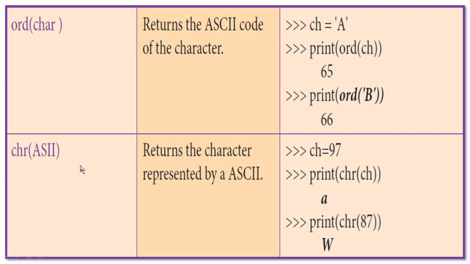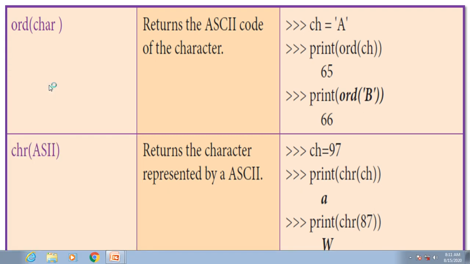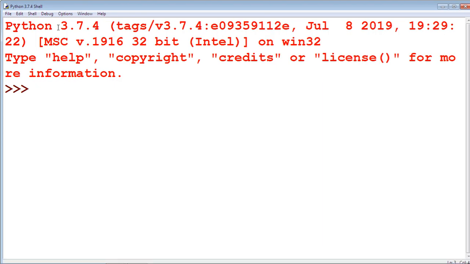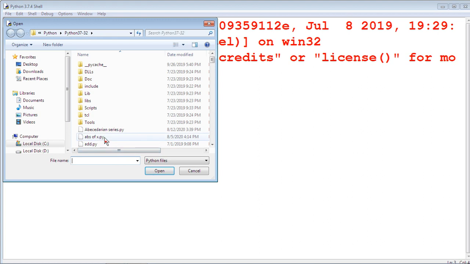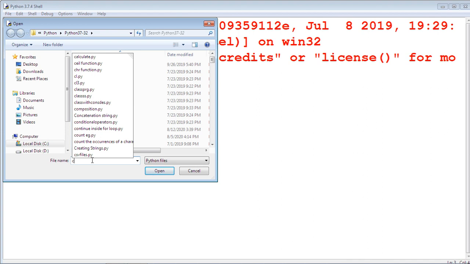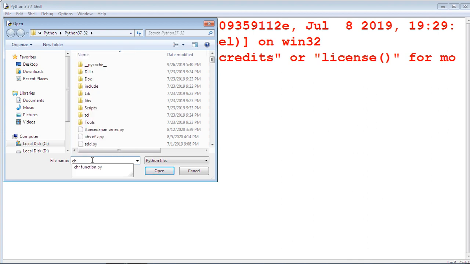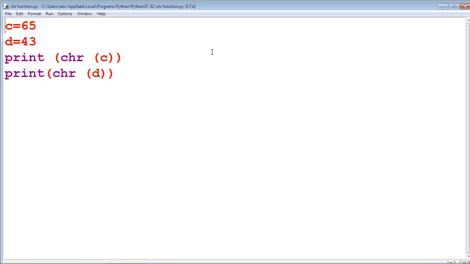See this example by using the IDLE window. It is a chr function. c equal to 65, d equal to 43.